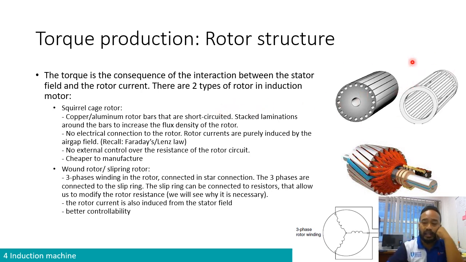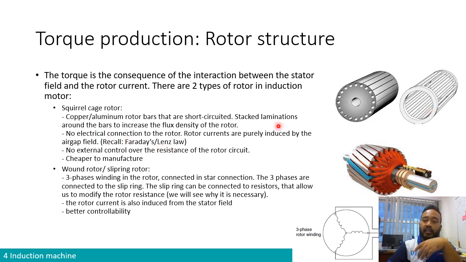In this particular rotor, the squirrel cage rotor, there is no electrical connection to the rotor. So we are not supplying any current. It's just this structure put on the shaft. There are no conductors connected to the bars over here to create any connection electrically. So the current that is going to be circulating inside the cage is purely created through induction. What do I mean by created through induction? It means that, remember, on the outside you will have the stator. The stator has a rotating magnetic field, and when that rotating magnetic field cuts across the conductor, what's going to happen is that